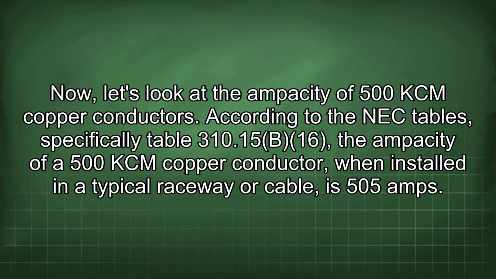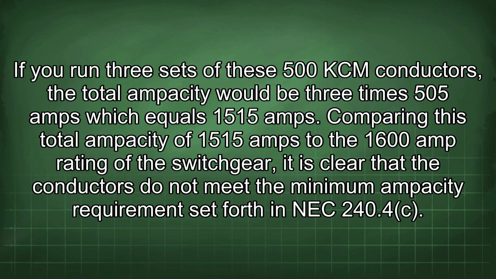Now let's look at the ampacity of 500 kcm copper conductors. According to the NEC tables, specifically Table 310.15(B)(16), the ampacity of a 500 kcm copper conductor, when installed in a typical raceway or cable, is 505 amps. If you run 3 sets of these 500 kcm conductors, the total ampacity would be 3 times 505 amps, which